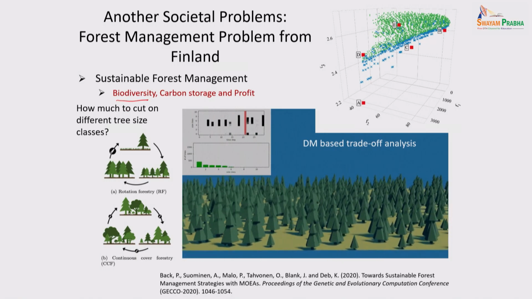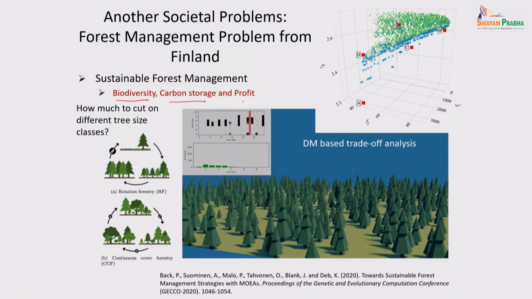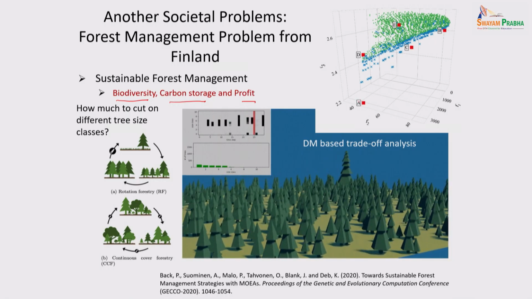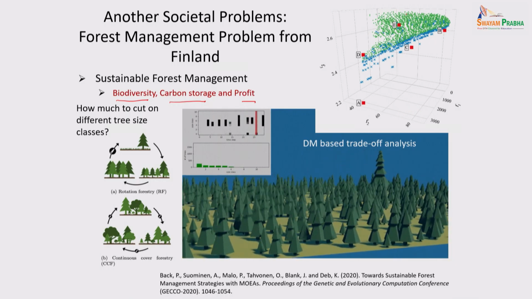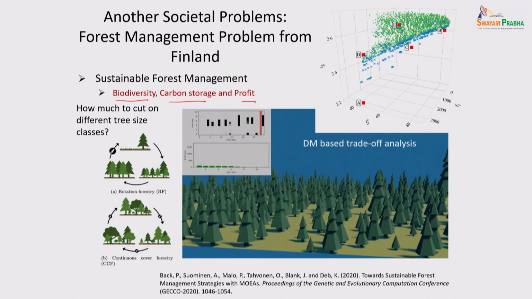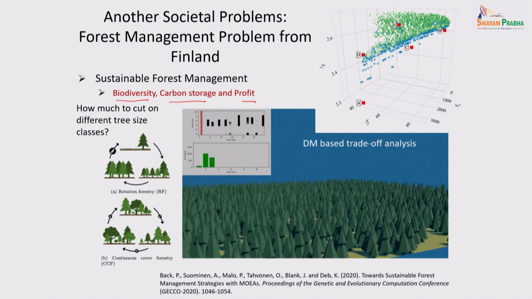Biodiversity, we want to maintain the biodiversity of the forest. Carbon storage, maximize, and the profit also we want to maximize. So when you do these 3 objectives, you see there we get a Pareto surface, this green one. These are lots of points we found using a lot of these R-NSGA-2 kind of ideas,